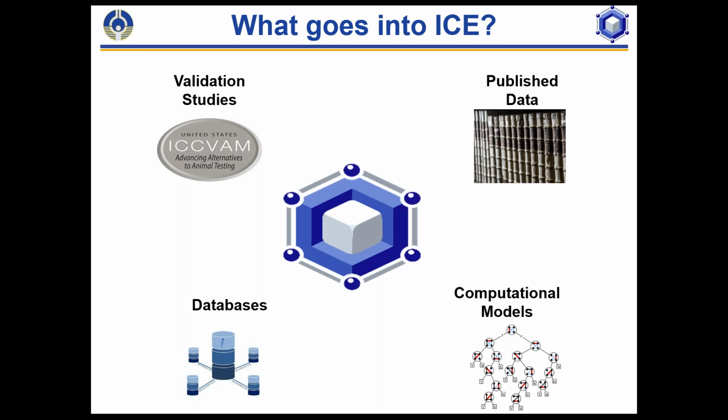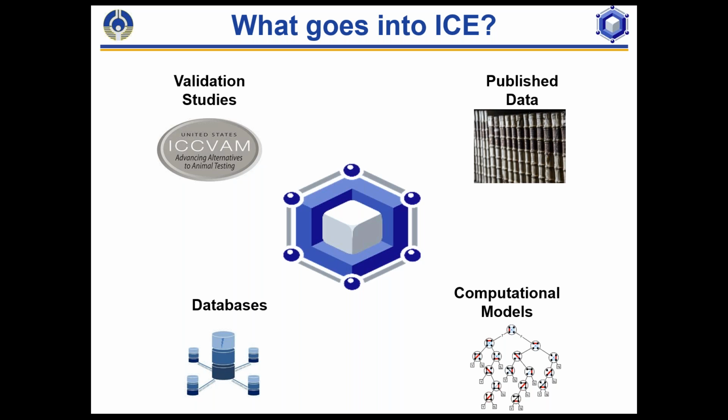We also have published data, so this is data that's not only coming from NICEDM authored publications, but also publications from other collaborators and stakeholders that have met our review process. So do we have high confidence in the data that comes in? How have we done some curation on it? And the type of curation that we do, and this applies to all of them, is checking for consistency between the chemical name and the chemical identifier, looking for units so that we don't have the 2,000 kilogram rat. Those types of things that we hope will ease the burden on those who are using the data, that they don't have to go through extensive cleanup.